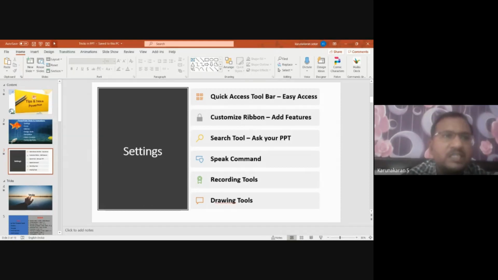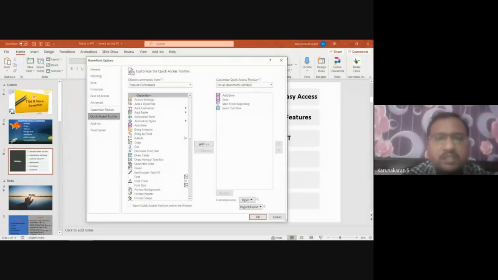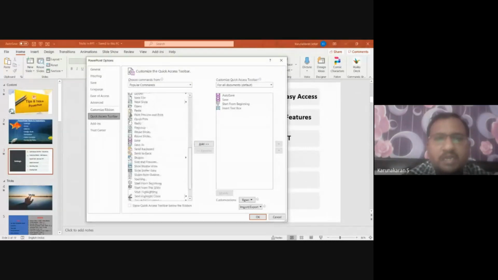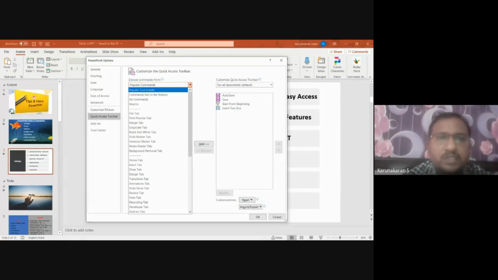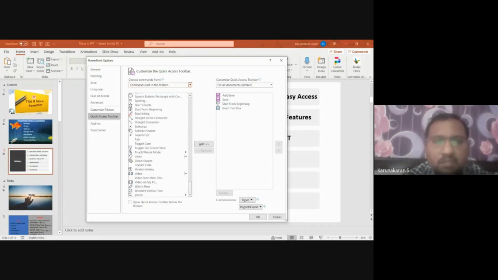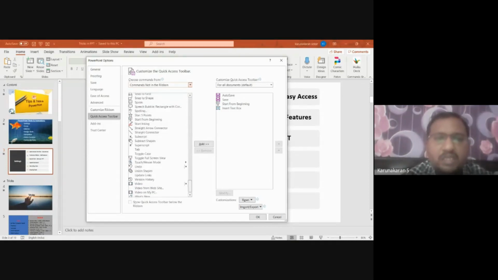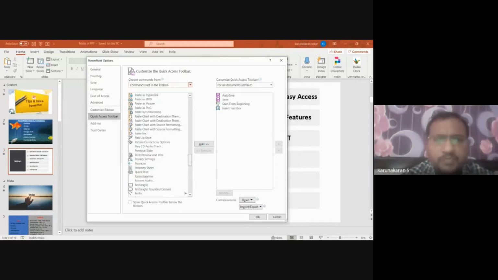For that, I will click this arrow mark and then go to More Commands. Let me search. I need a speak button here. Speak is not a button that is regularly available in our toolbars. You cannot get that. So let me find where it is. Find out what are the commands that are not in the ribbon. These many commands are not available in the ribbon, but still you can use them. These are the tools available inside PowerPoint which are not displayed for us to see.